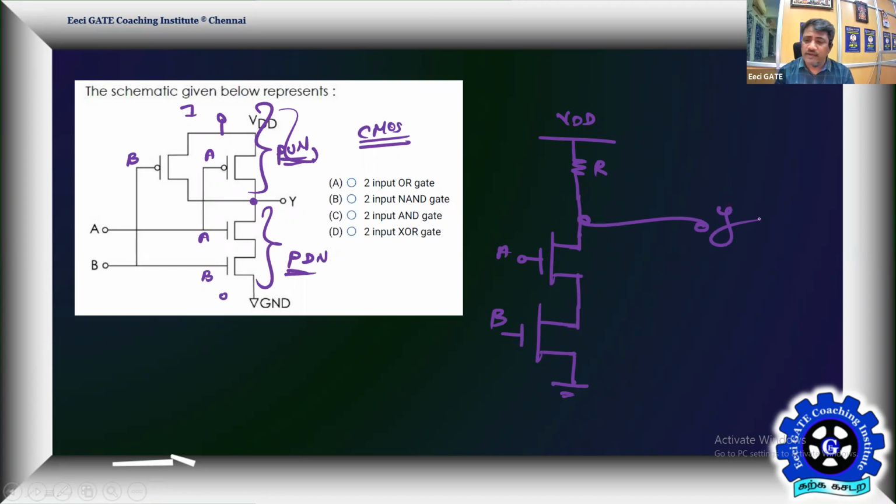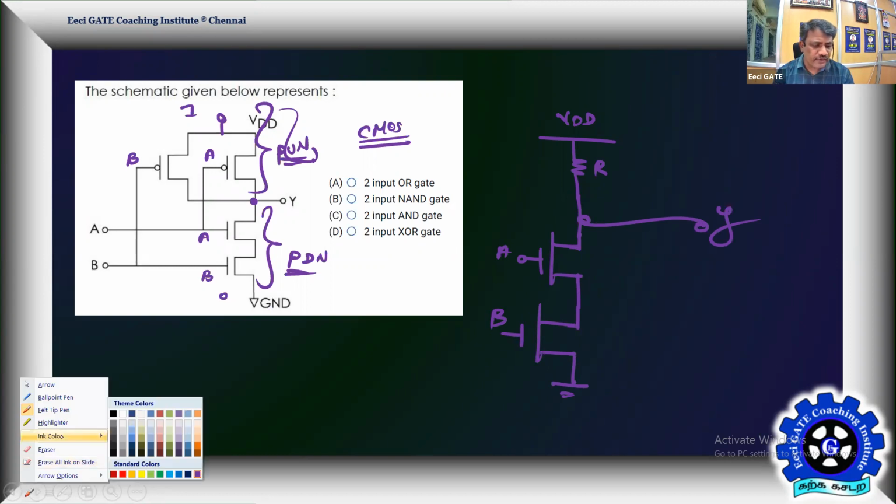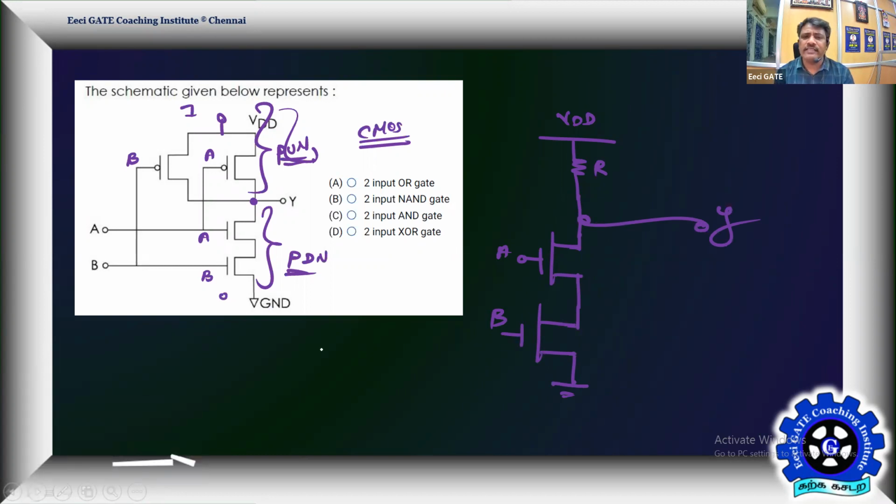That's easy. Whatever you conclude, you can conclude the same way for the pull-up network also. So when a CMOS design is given, you can help yourself by playing only with respect to the NMOS. Keep your pull-up as a resistor. This pull-up resistor is only replaced later by a PMOS arrangement. So we design either the pull-down first or the pull-up first by keeping a resistor. Once the pull-down is implemented, we complement the switches. The active high switches become what? Active low switches. Active high in series means active low switches are going to be in parallel. That's how we go for the pull-up network design in any CMOS logic gate.